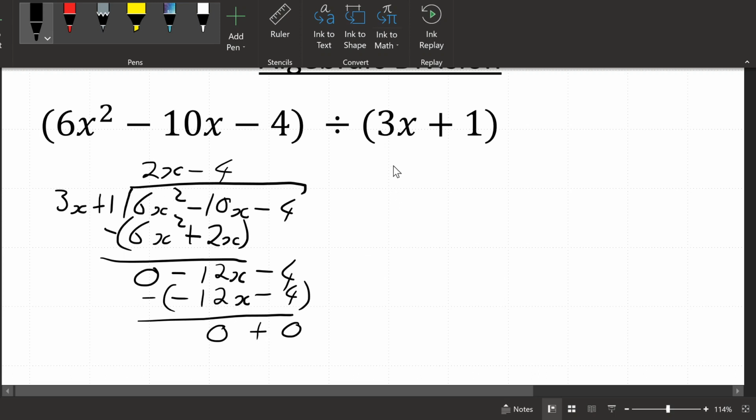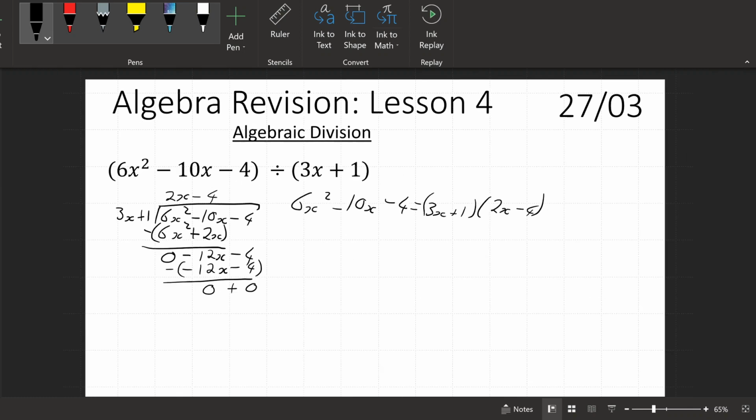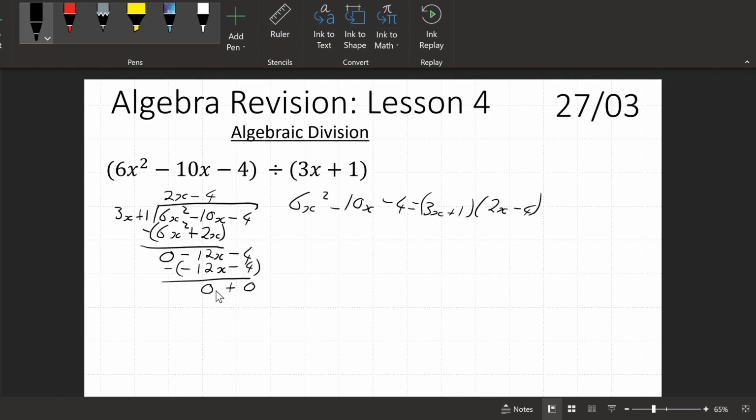Okay, so this one changes out a little bit again. 6x squared minus 10 minus 4 equals 3x plus 1 by 2x minus 4. If for any reason you don't get zeros here, okay, if you don't get zeros at